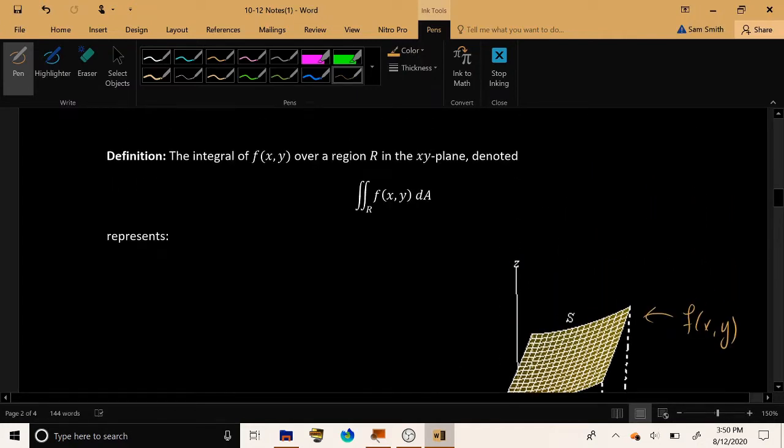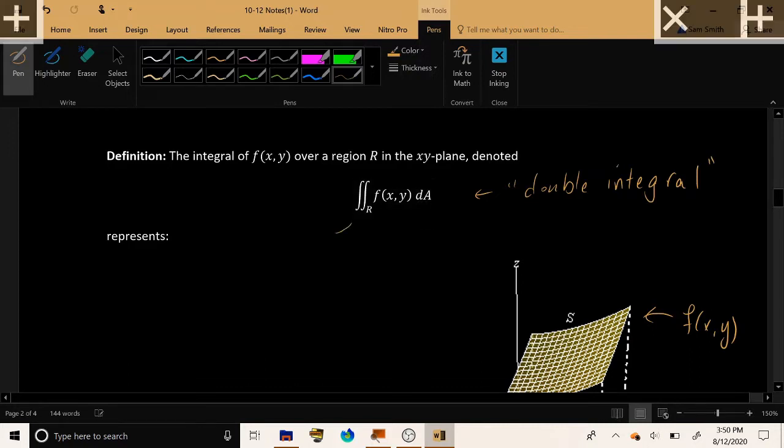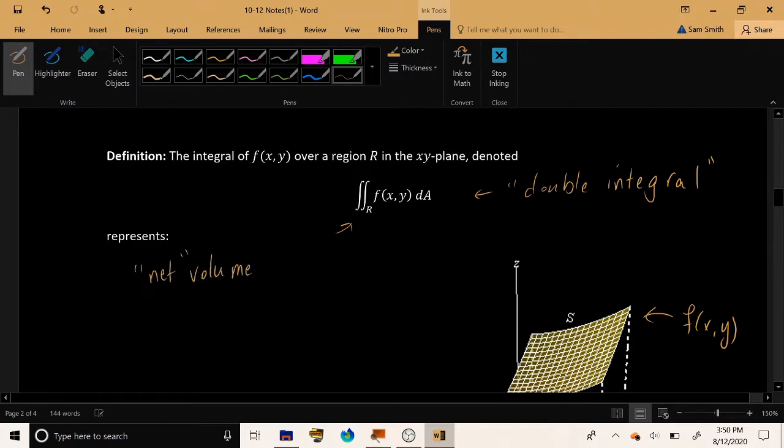If we want to think about this quantity, this is called a double integral to reflect the fact that we have two variables, and corresponding to that we have two integral signs. This is not a typo. This is intentional, two integral symbols corresponding to a double integral. This quantity, the double integral over the region R of the function f of xy, represents the net volume under the graph